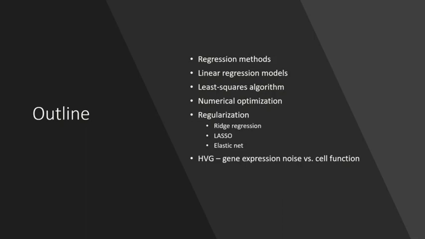So this study uses a feature of variability among cells to look at their gene expression variance across individual cells. And it tells you a lot of cell function rather than the average expression of the genes. So this gives you some concept shift if you only focus on comparing gene expression levels, but not the variability. But before that, we will introduce regression methods